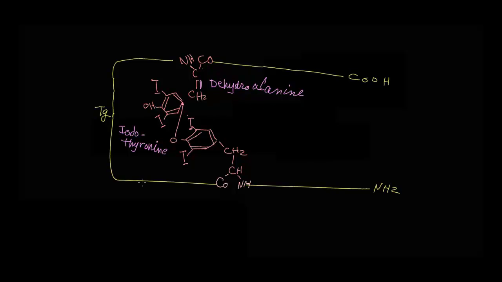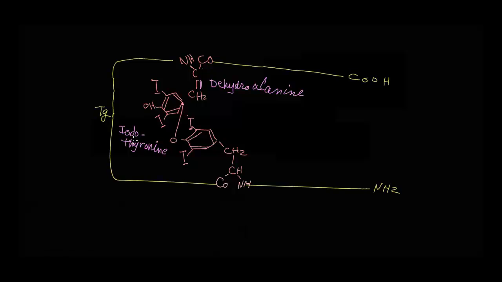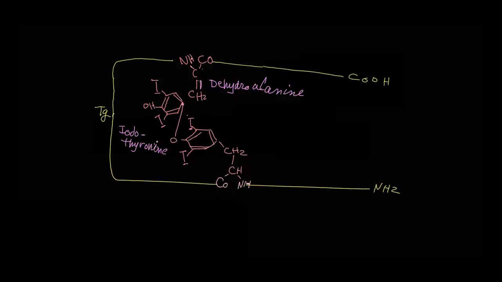So now we ended up with iodothyronine. This is called coupling of iodotyrosines to form iodothyronines. This is an oxidation reaction, and it is catalyzed by thyroperoxidase, and it takes place on the apical membrane